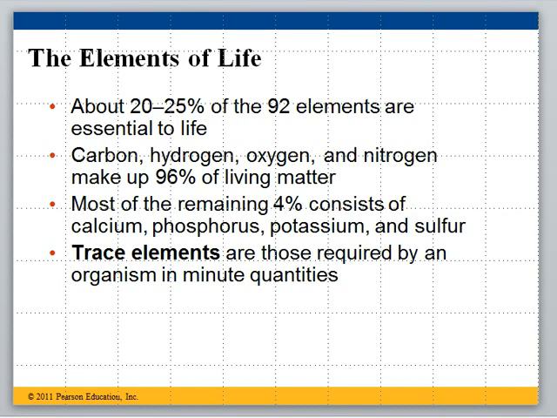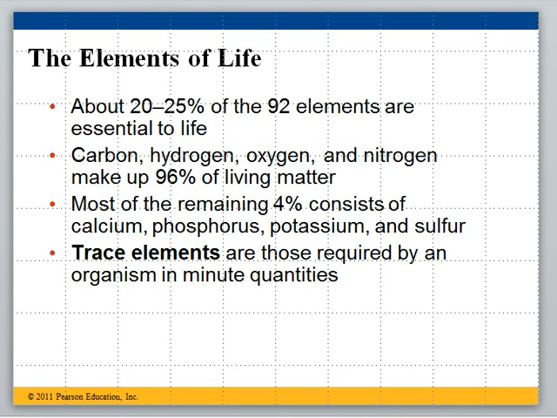As a matter of fact, there are 4 elements, carbon, hydrogen, oxygen, and nitrogen, that make up the vast majority of living matter, whether that's a tree or an earthworm or a human being. And then that other 4% consists of primarily calcium, phosphorus, potassium, and sulfur. So altogether you have about 8 elements that make up the vast majority of all living creatures.